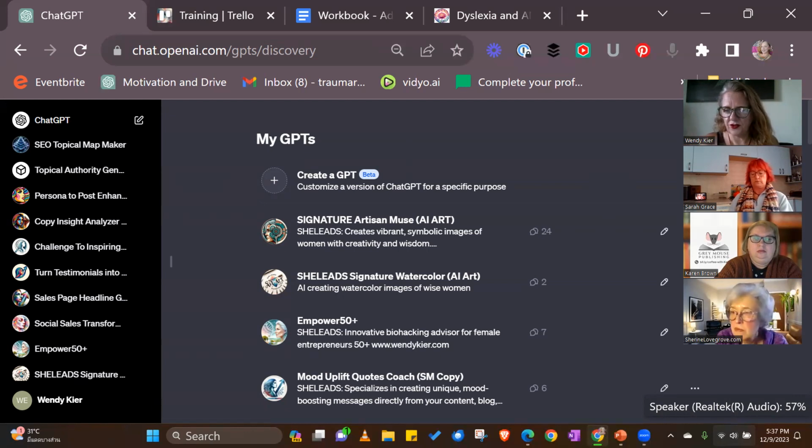So you don't have to keep constantly putting prompts in. You can create a chat GPT, which is an app. Think of it as a button. And then all of the information, all of the prompts is held behind that button. You put the data in, and then it gives you the answer in the tone of voice, in the style, in the way you want it to give you back. So it's super, super fast.